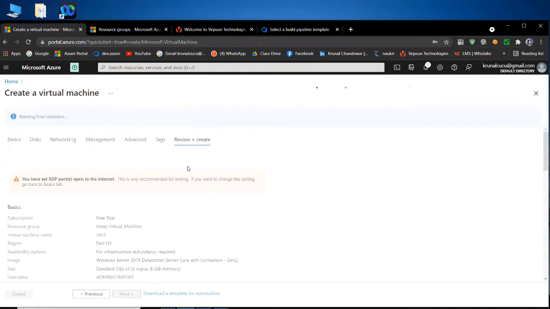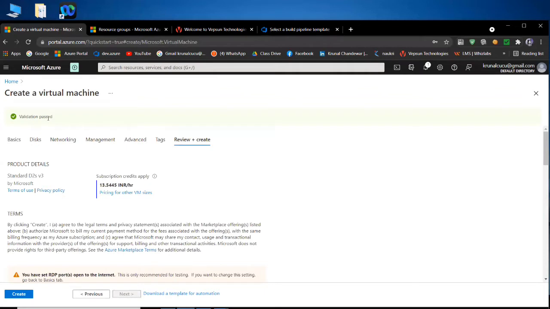And after clicking here, review plus create, it is validating whatever information I filled earlier, whether everything is correct or not. If everything is correct, then my validation will be passed. If everything is not correct, I will get an error message here. But my validation is passed because I entered everything correctly. And what he's saying, for this virtual machine, I will need 13.54 rupees per hour.